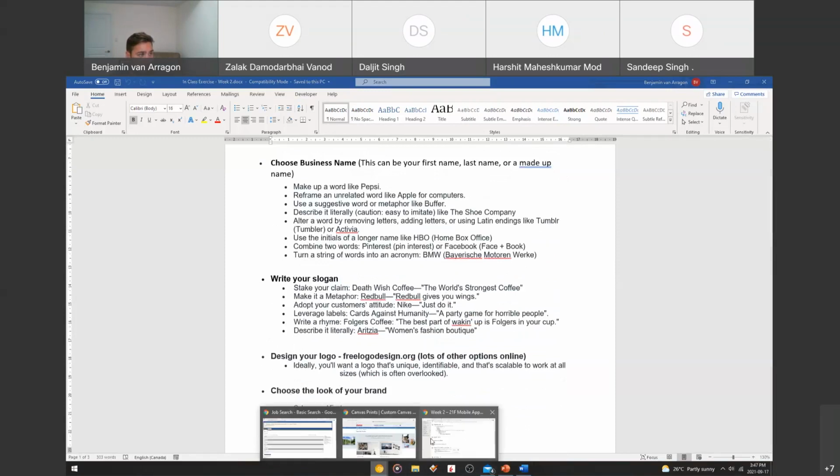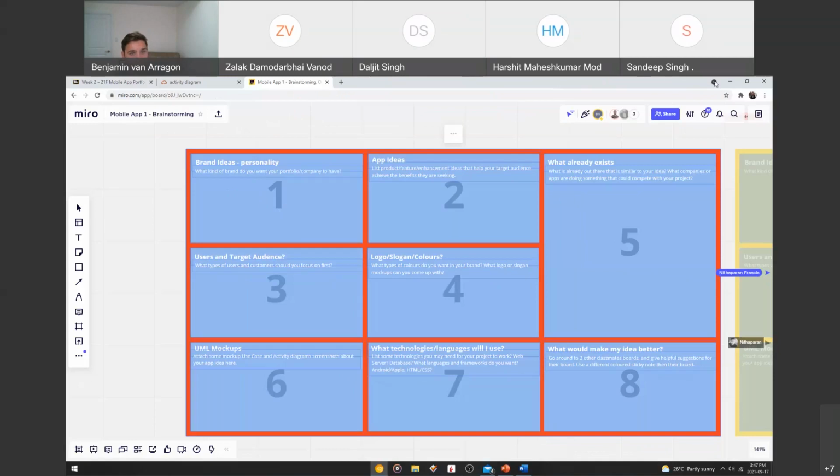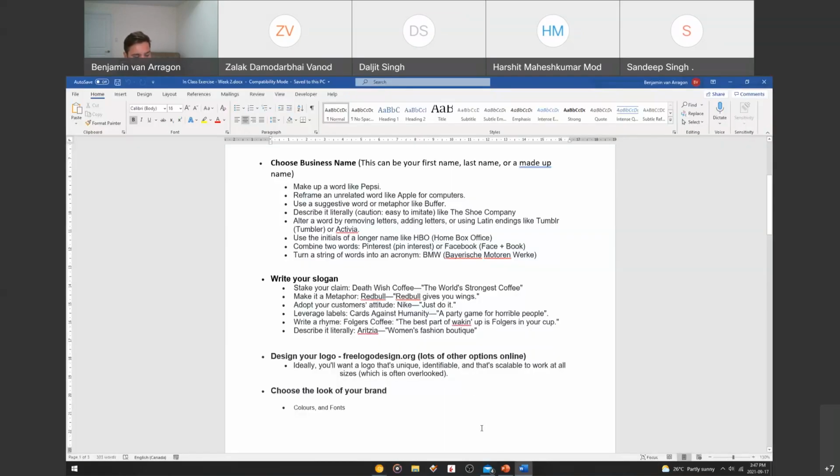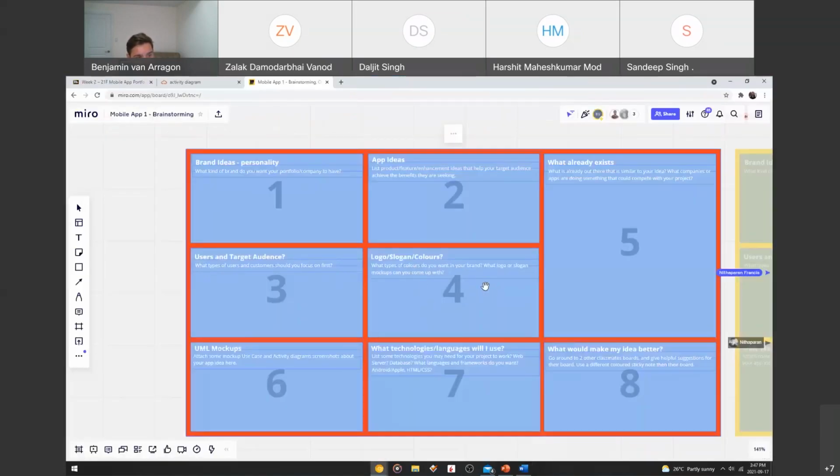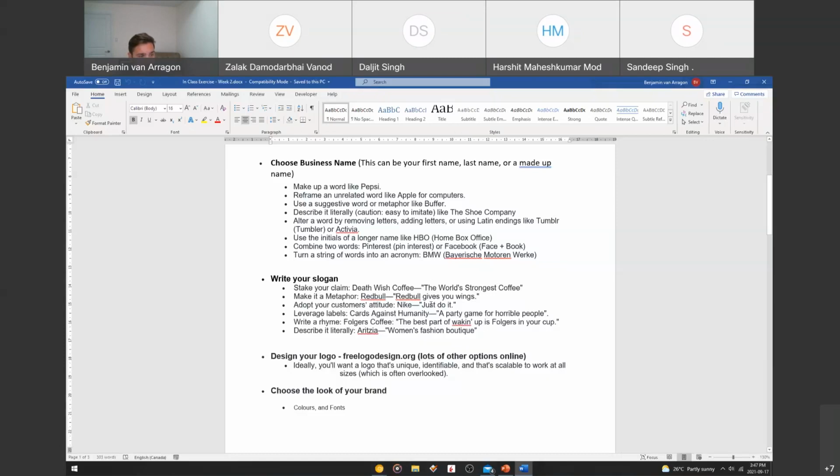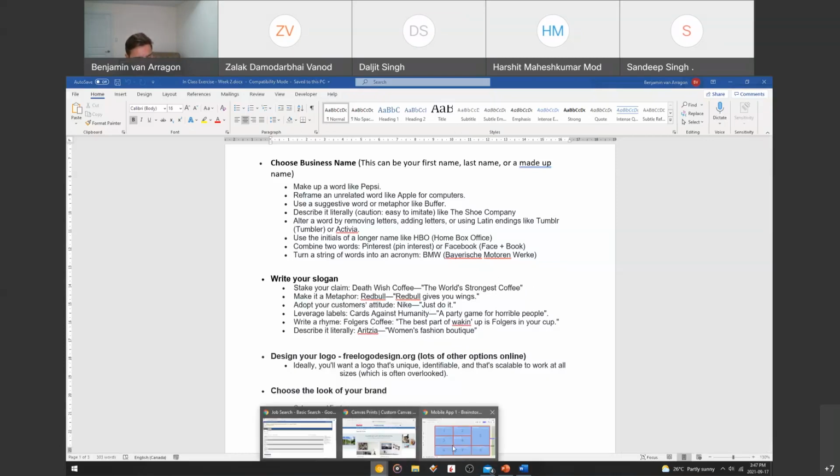Where'd I go here? Your brand, idea, personality, right? Your slogan. So there's a section here for slogan, number 4, logos, colors, all of that stuff. There's suggestions on how to do slogans here. Designing your logo, freelogodesign.org. Okay, we can use those and they're free. So if you type that in,